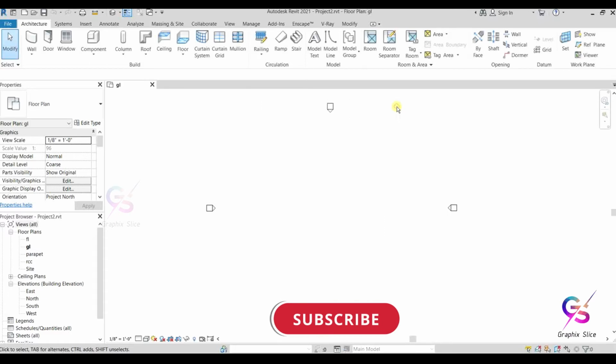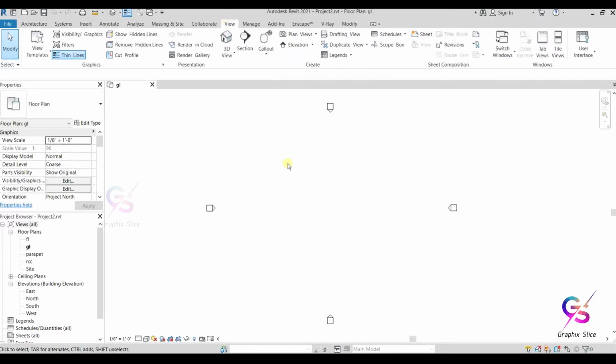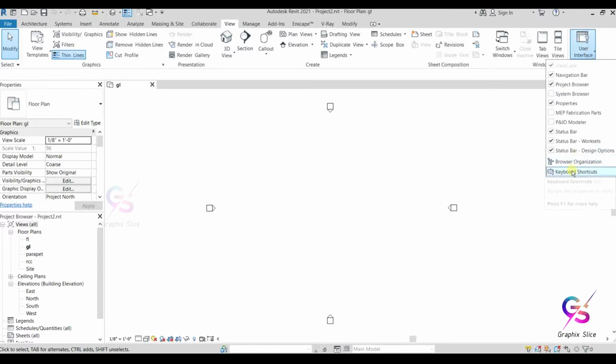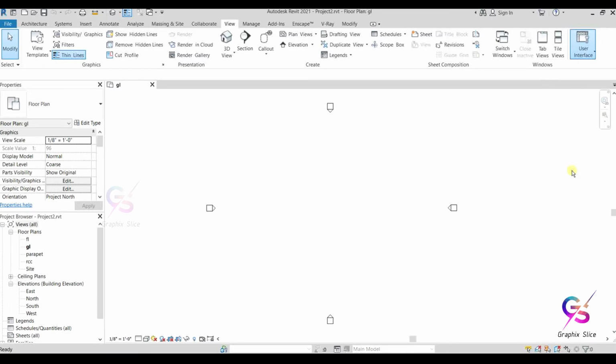Like that, to know the shortcut commands of every tool, meaning defined shortcut commands and undefined shortcut commands, if you want the list, or if you want to edit, or if you want to create your own shortcut keys, then go to shortcut commands. Where is it? It's available in the View tab. So go to the View tab, under User Interface you'll get Keyboard Shortcuts. The shortcut command for this is KS. So you can use KS directly or else go here.